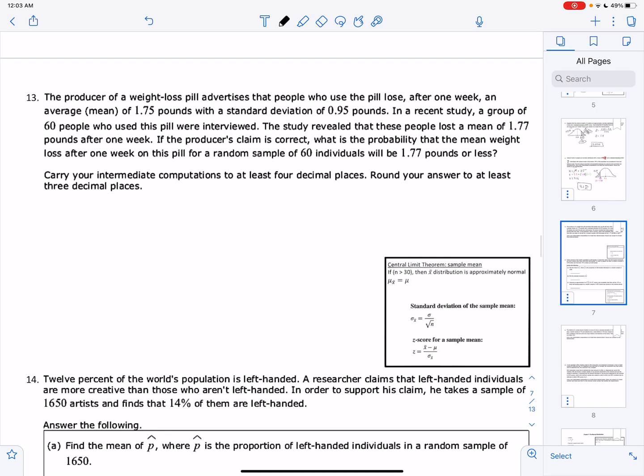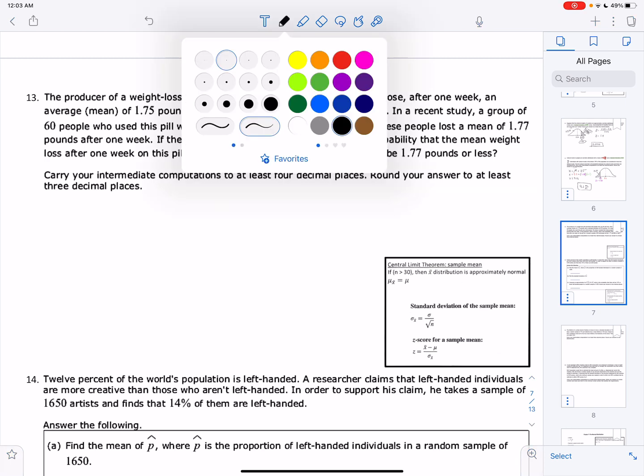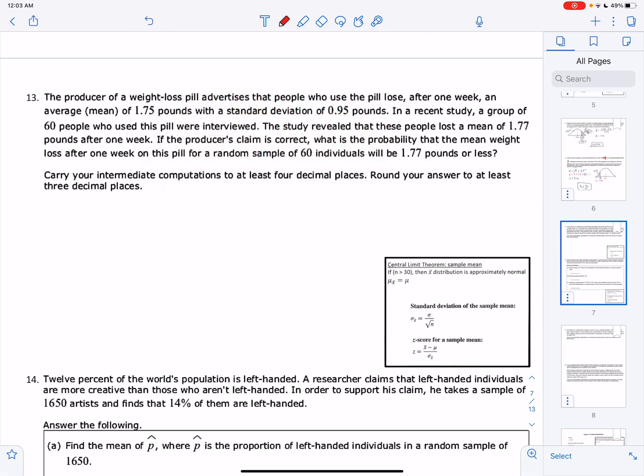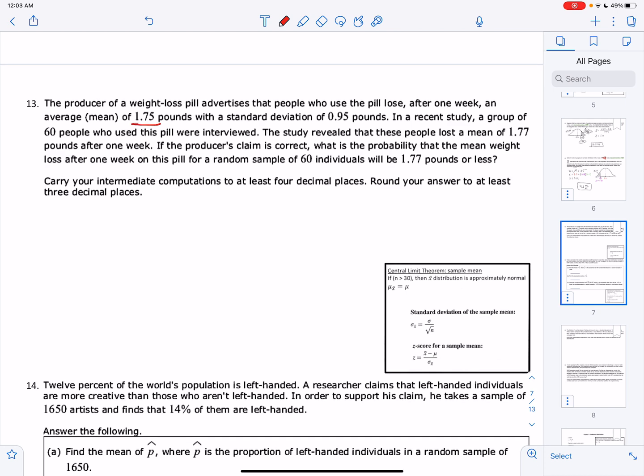Number 13 says, the producer of a weight loss pill advertises that people who use the pill lose after 1 week an average. So this is going to be the population mean, right? Because it's coming from the maker that's done all this work. They didn't say anything about a sample. So we really need to make sure that we know that this is the population mean. And so we use the proper notation, mu equals